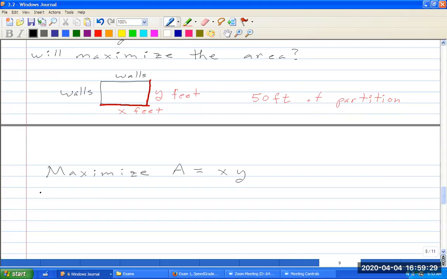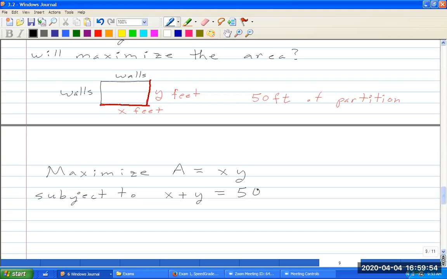This is called the objective equation. We're subject to some constraint, and this will be called the constraint equation. We have a total of 50 feet of partition. So we're constrained to the fact that the length of the partition, x plus y,